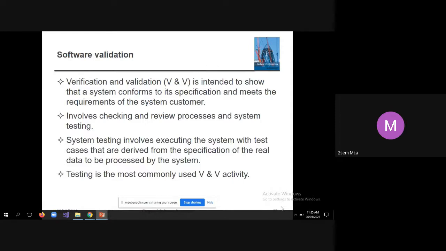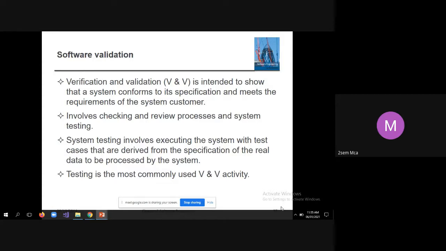Once the business analyst gets the information from the client about what his requirements are, and once that document preparation is done, that has to be verified for its consistency and its completeness. So in the case of the SRS also, this verification and validation comes into the picture.